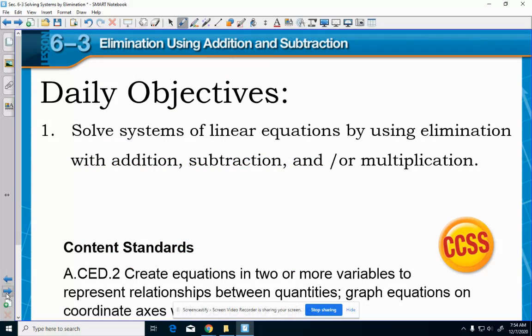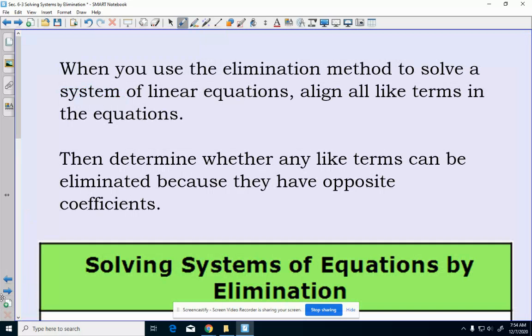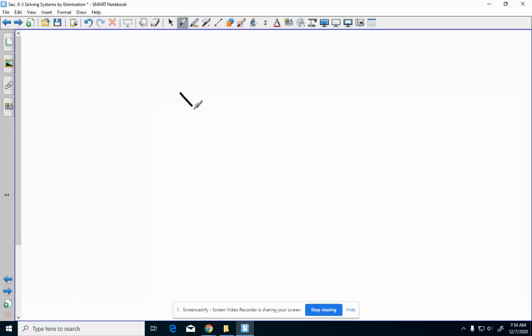So our goal today, can we use elimination with addition and subtraction? Multiplication, like I said, will be tomorrow. So here is what elimination looks like. It's another method to solve, but it's got a little bit different of a setup. And that's why I told you guys last week, listen, if we don't have a single variable that's solved, so for example, if you had an equation that looked like this, x plus 3y equals 12, and then you had another one that said 2x minus 4y equals 8,